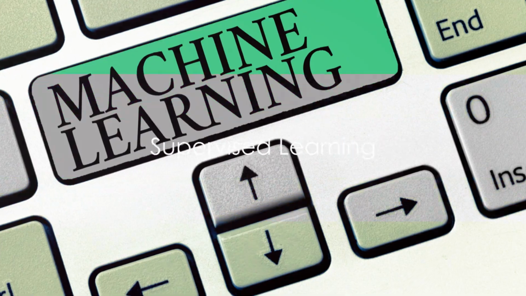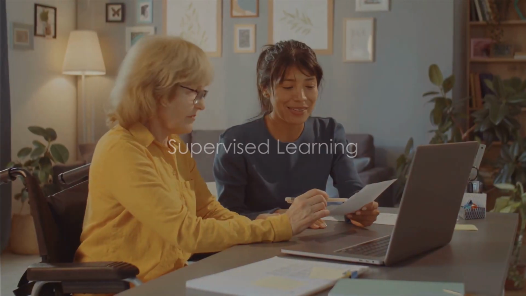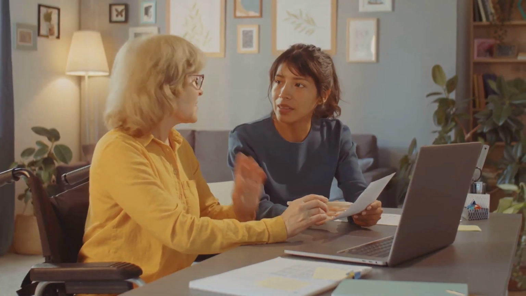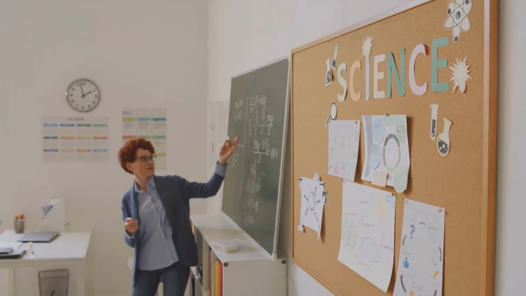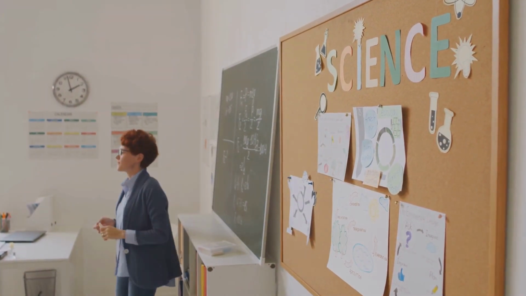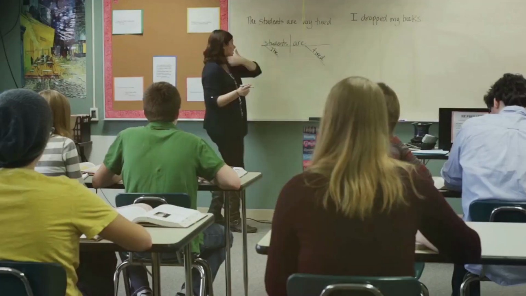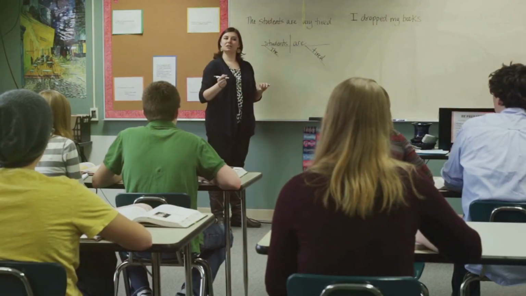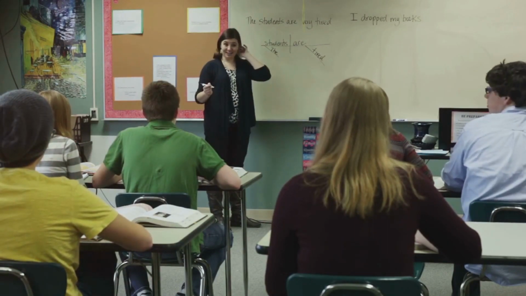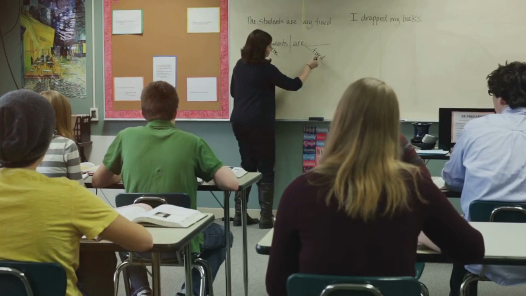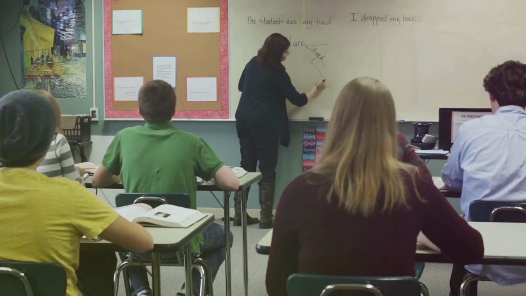First up is supervised learning, the process of teaching a computer model to make predictions based on labeled data. But what does this mean? Let's break it down. Imagine you're a teacher and your students are computer models. Your job is to teach these models how to identify and categorize information. The textbook you use? That's your data. But this isn't just any data, it's labeled data. Each piece of information, or data point, comes with a tag or label that identifies what it is.